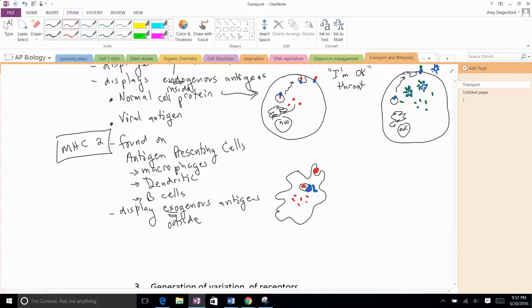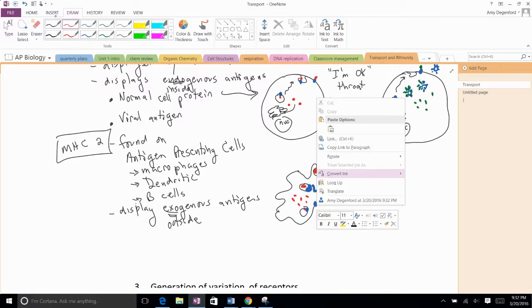Now, in a similar way, we can take that exogenous antigen and also plug it into our MHC molecule. This time it's the MHC2, and it's going to go to our cell membrane. This time the job here is to display the enemy